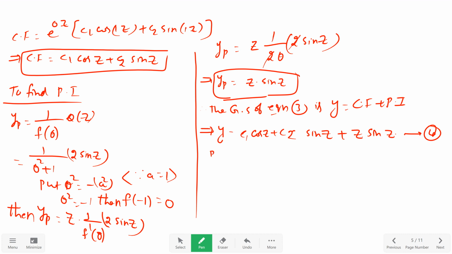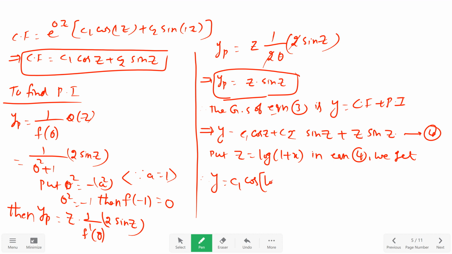So put z is equal to log of 1 plus x in equation 4, and we get y is equal to c1 into cos of log of 1 plus x plus c2 into